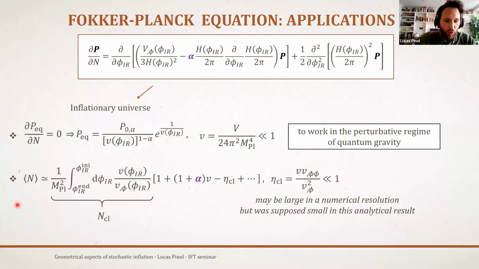You can also do other things, like computing the mean duration of inflation. So you look at different patches and you take the mean of the duration of inflation over all your patches. You can compute this either numerically or analytically with some approximation. If you assume that the effect of stochasticity is small, which is measured by parameters that depend on the second and the first derivative of your potential, you can derive some analytical results. For example, this is what you can derive for the duration of inflation. That's just a correction that you can compute.